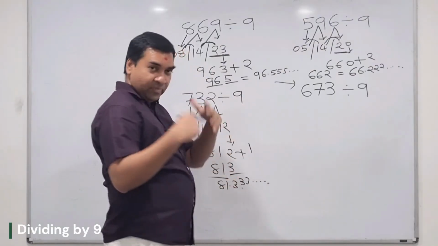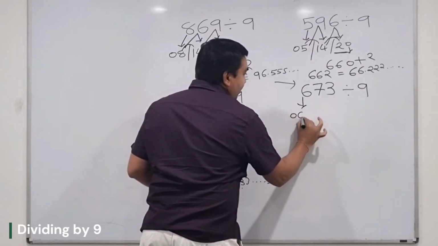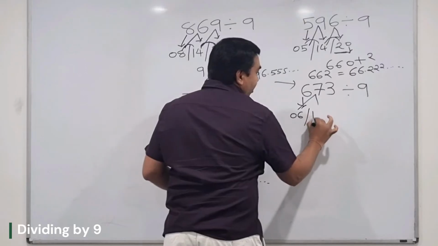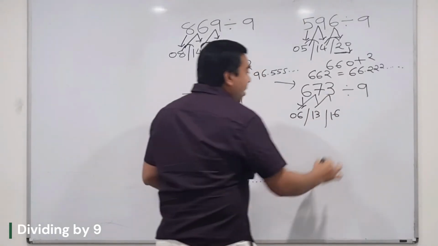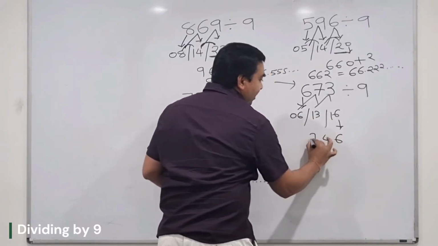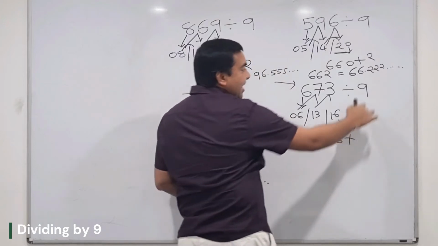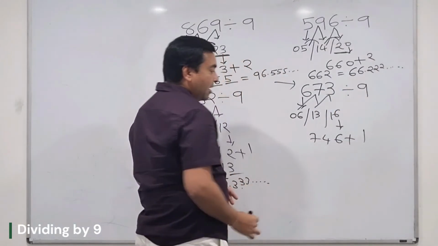So I'm going to start in a speedy way, guys. All right, so let us say 6. So I can write down 0, 6. 6 plus 7, 13. 13 plus 3, 16. My last digit here, 6. 1 plus 3, 4. 1 plus 6, 7. Plus, this is 16. 9 ones are 9, because 9 2s are 18 more, yeah? So 9 ones are 9, which is going to be